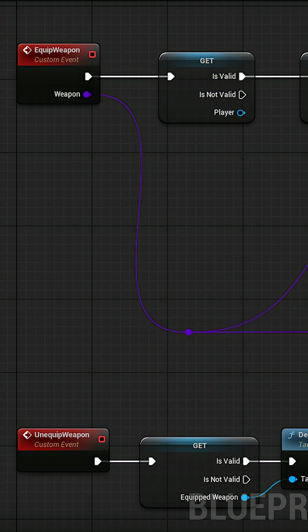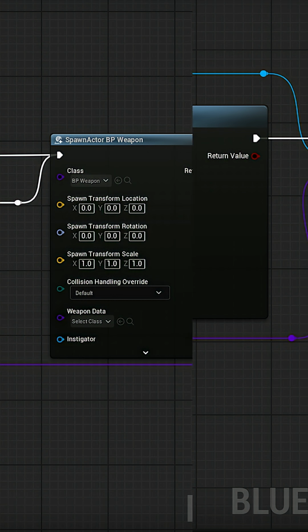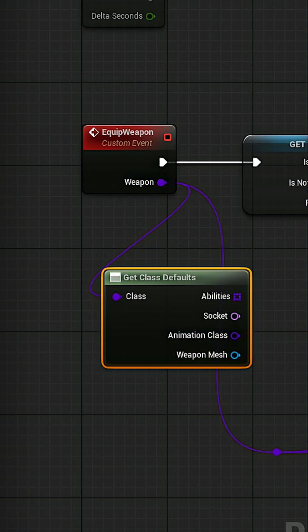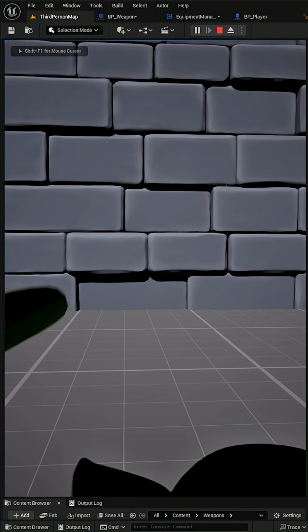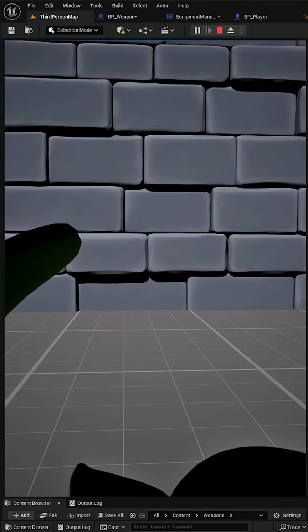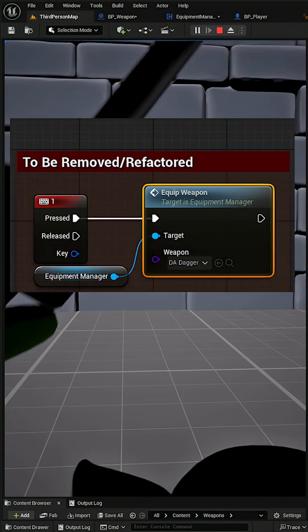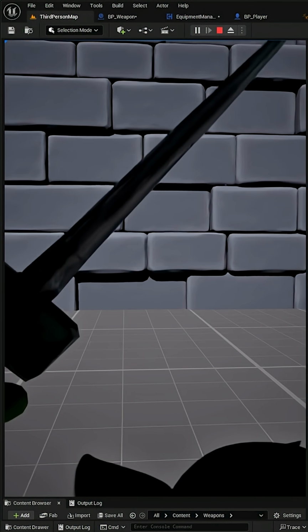Equip weapon will simply spawn in the appropriate weapon and attach it to the appropriate socket, both of which are driven by the data asset. Let's check it out spawning in a dagger with the temporary asset we saw earlier. So when we press keyboard 1, it spawns on the dagger exactly where we want, but if we pop out